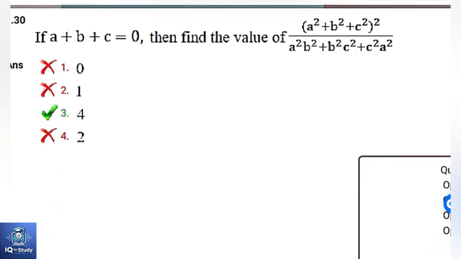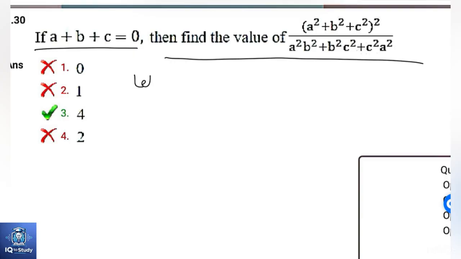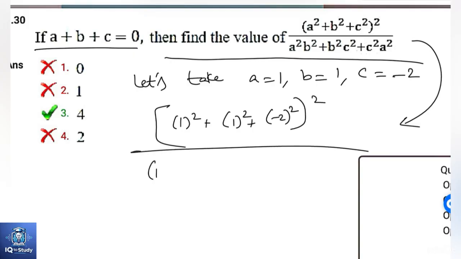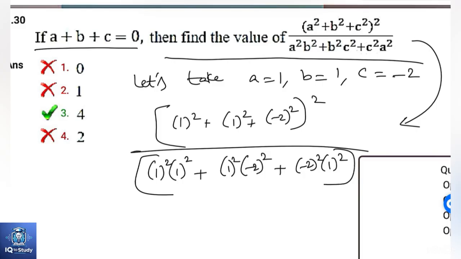If A plus B plus C is equal to 0, then find the value of this expression. Let's take A is equal to 1, B is equal to 1, C is equal to minus 2. It becomes 1 square plus minus 2 whole square divided by 1 square into 1 square plus 1 square into minus 2 square plus minus 2 square into 1 square, which becomes